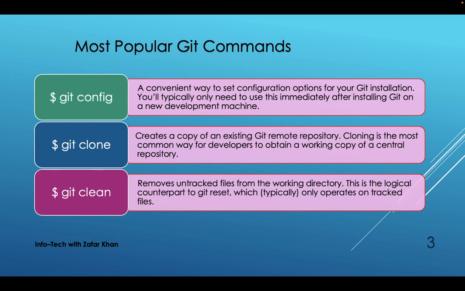This is logically the counterpart of git reset, which typically operates on tracked files. I mean, git reset operates on tracked files, while git clean operates on untracked files. It will remove the untracked files. How will we do that? Let's go to the